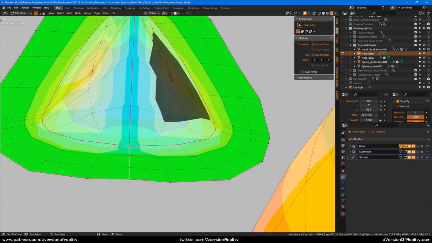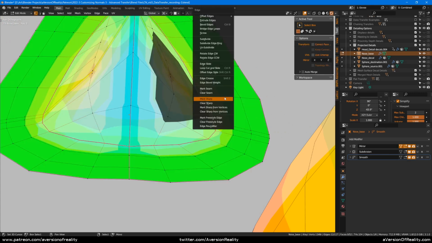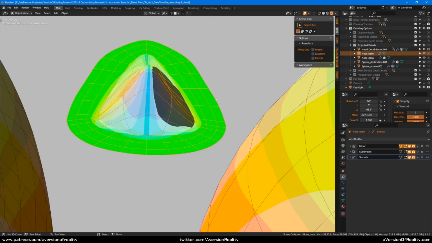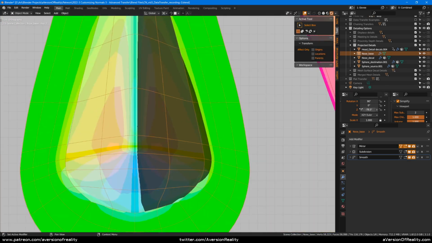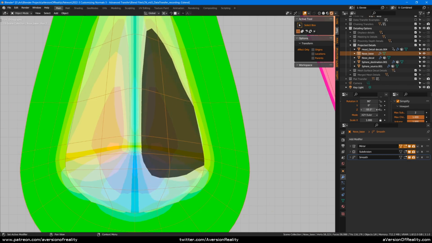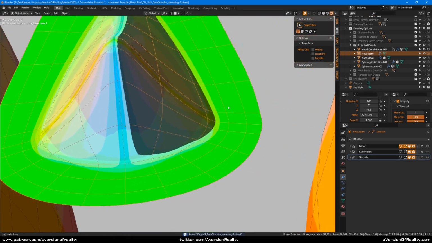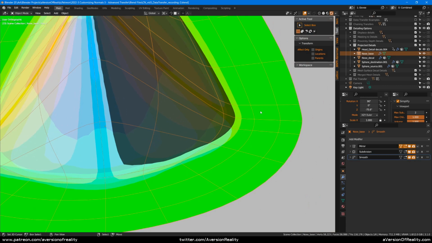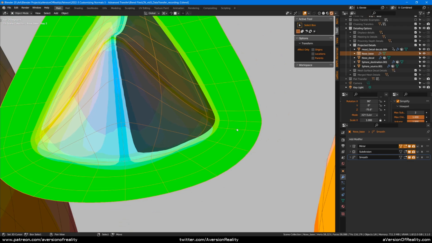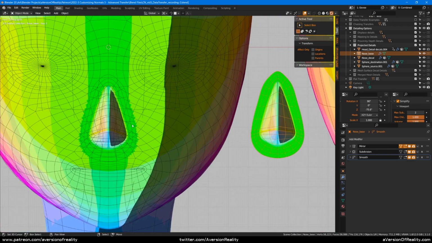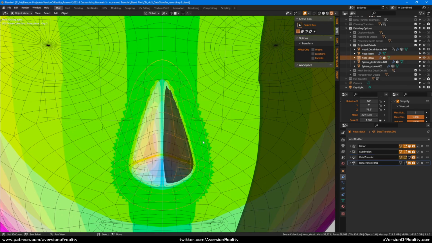If we deleted all those outer edges, it would be the same thing as if I mark this sharp and remove the interpolation. We would instead have this hard edge on our shading, which it goes past eventually, but it's not the right look. So we need this loop to define this curve, and then we need another loop outside it for proper interpolation, remember. And then this very outer loop we could probably delete, but it doesn't really address the problem because we still need those two. So we do have to deal with this, but maybe we could just get rid of it on this version and not on the original.